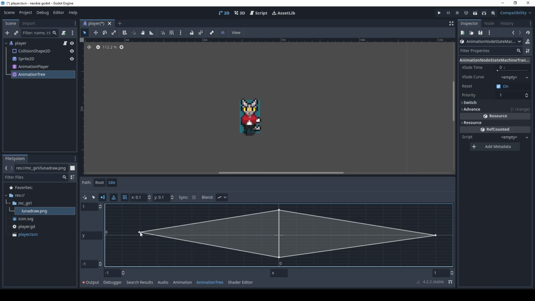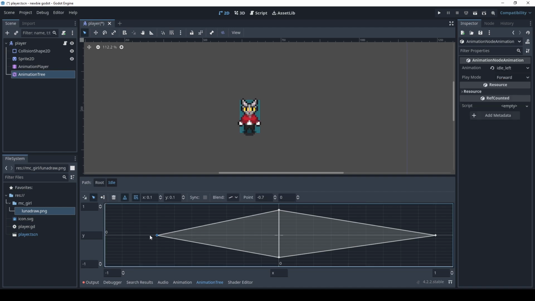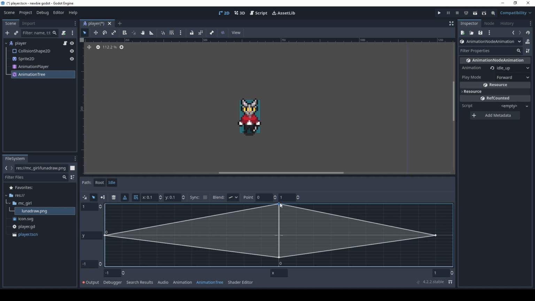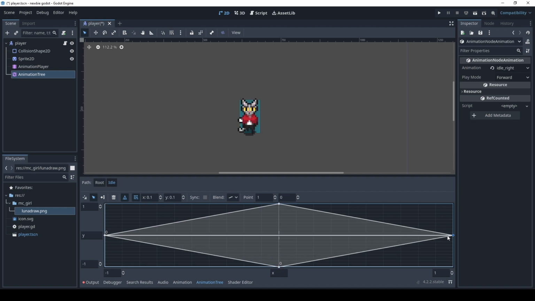And if you notice this is not really straight, you can just straighten it up. Okay, everything is good now, and our character is moving, but it's kind of glitchy.